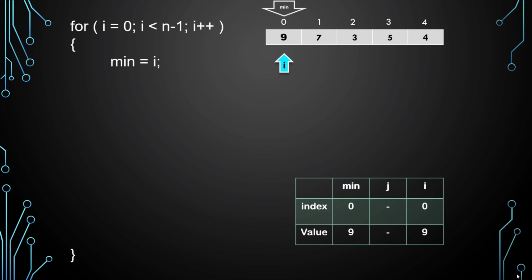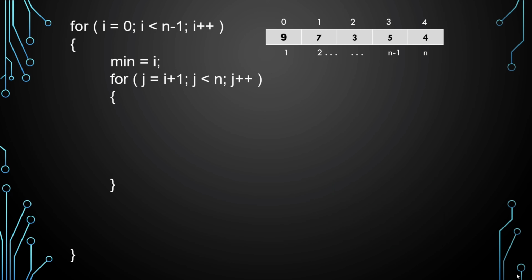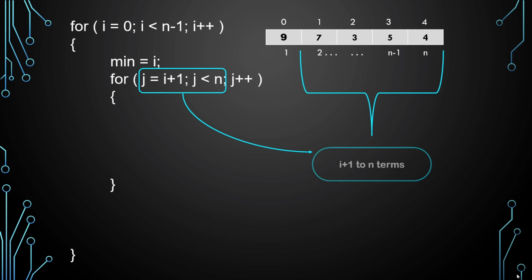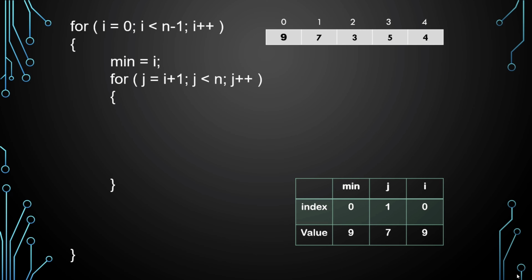Moving to the next loop, in the code we have a new variable j which starts from i+1 to the n term with an increment of 1 for every loop. In the first loop, it starts from the second element and ends at the last element, that is the (i+1)th to the nth term. We can see in the box that the j value is i+1 and initially it is assigned to index number 1. Now we compare the values at indexes j and minimum to find the minimum of the unsorted array.